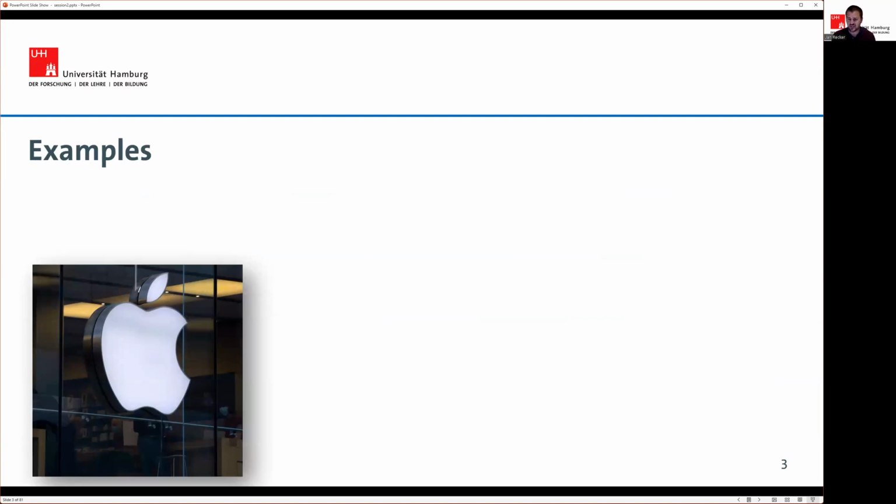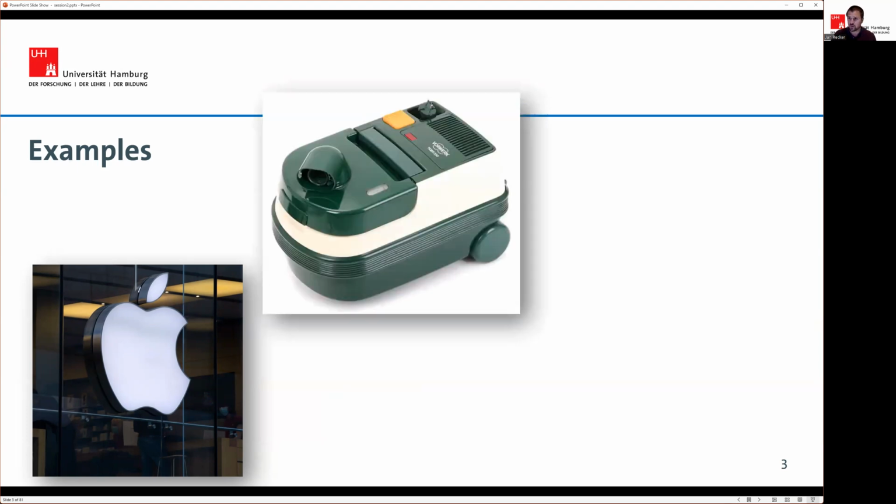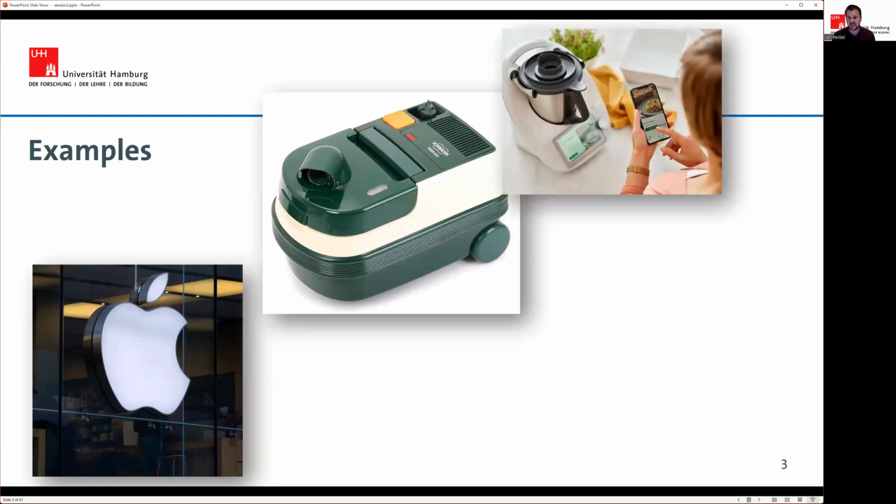When we think of a digital company, we of course think of companies such as Apple, for example, a company that traditionally built computers like the MacBook or the Apple II, or even later the iPhone. But of course, much of that success came through digital components such as the iOS store and the platform ecosystem they created around this. If you want to go a little bit closer to home, one fascinating case study is